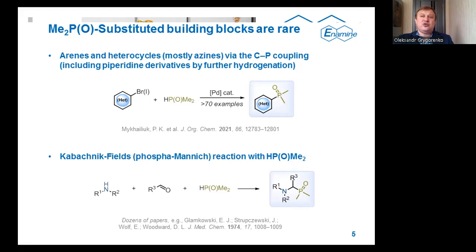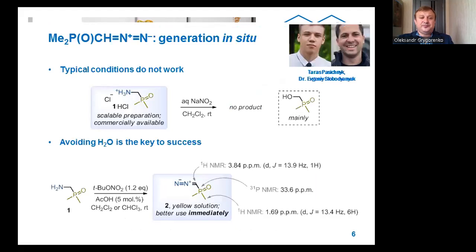Also, some efforts can be put into the design and synthesis of small reagents having the dimethyl phosphine oxide moiety, for example, diazoalkane. And I shall start with the second point. In fact, we have some experience with diazoalkanes at Enamine, and first of all, we applied the standard diazotization conditions for the synthesis of the diazoalkane. We obtained compound 1, which can be prepared in one step on a large scale, and subjected it